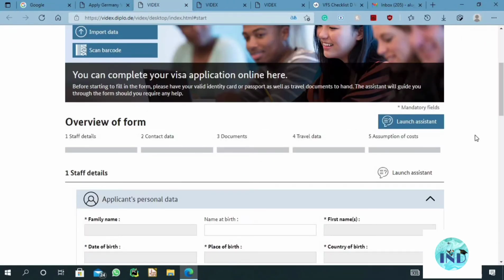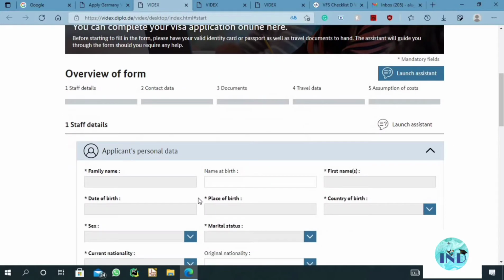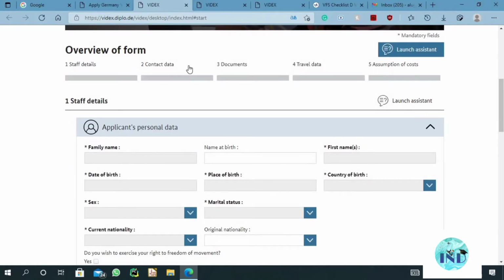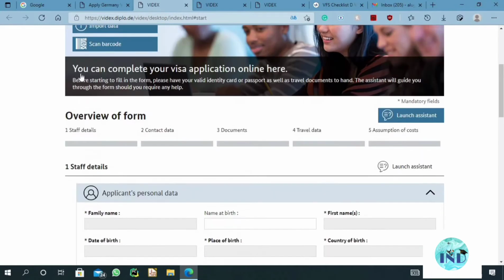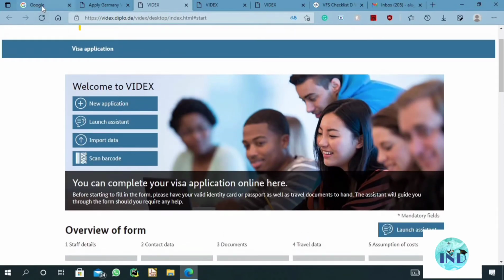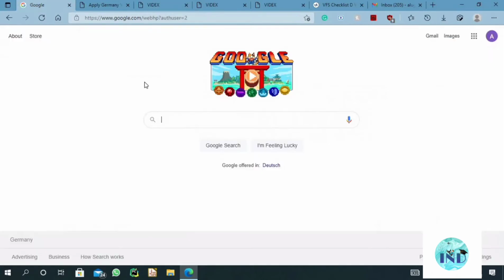This application form is the main document which contains all your personal details and contact details and everything about your travel date. You also have to give your estimated travel date here, and some other documents. Fill in all your personal details according to your passport, because from this point onwards your passport is your identity. So please check that it is according to your passport. Then I will show you how to get to this application form.